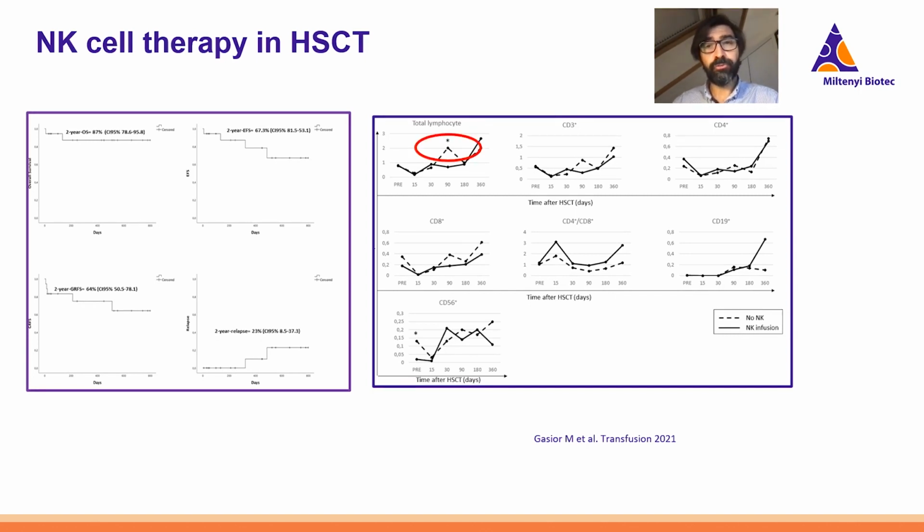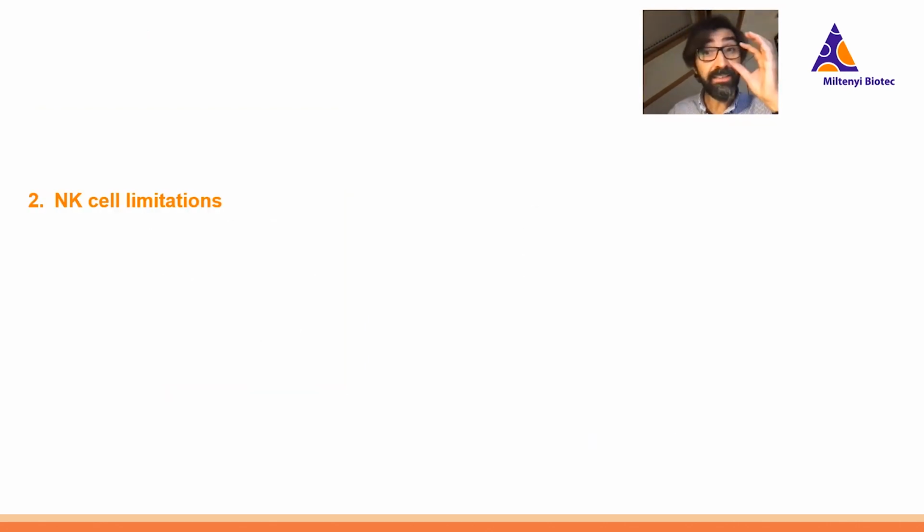When we looked at immune reconstitution and compared NK cell adoptive cell therapy with haplo without NK cell adoptive cell therapy, there is a peak of CD8 positive cells among lymphocytes when we do not incorporate NK cells, and more of these T cells are CD8. When we incorporate NK cells, we see a peak of NK cells, and the CD4-CD8 ratio is more physiological. So this is a strategy where we can incorporate NK cells in the graft, or as adoptive cell therapy,